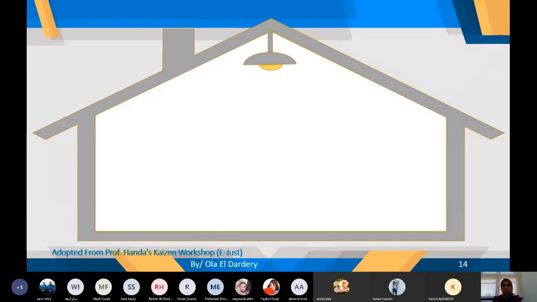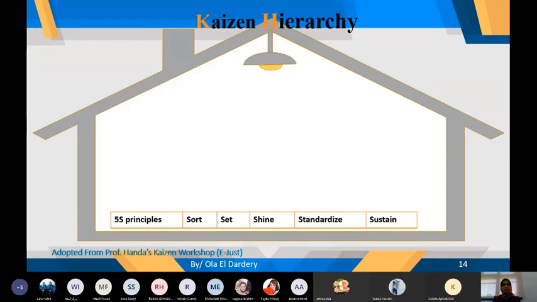All right. So most importantly, the Kaizen hierarchy, and this is a very, very important thing, how the Kaizen hierarchy works. Now we know what the Kaizen event is, we know how to organize it, how it works, how we can present Kaizen in any organization, how we can make it on a personal level, if we are going to implement this for ourselves at home, if we want the students to implement it, what are the steps we're going to make people do. Right, so the Kaizen hierarchy first includes the 5 S principles,